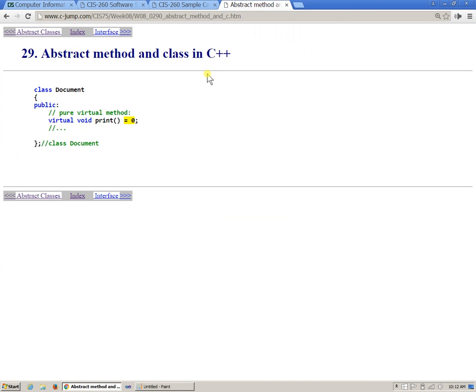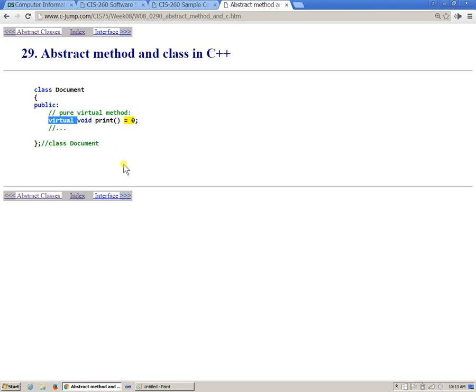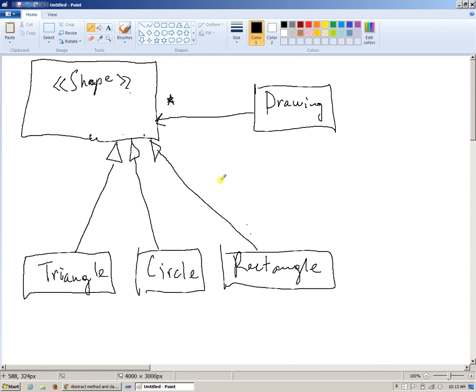All right, abstract methods and classes in C++. So in Java, the keyword is abstract. In C++, the keyword is virtual. And something else to say about the abstract keyword or virtual keyword in C++ and the abstract keyword in Java is that, in addition to what we just said, you cannot have abstract data. The data is always concrete. Because what does it mean for me to say